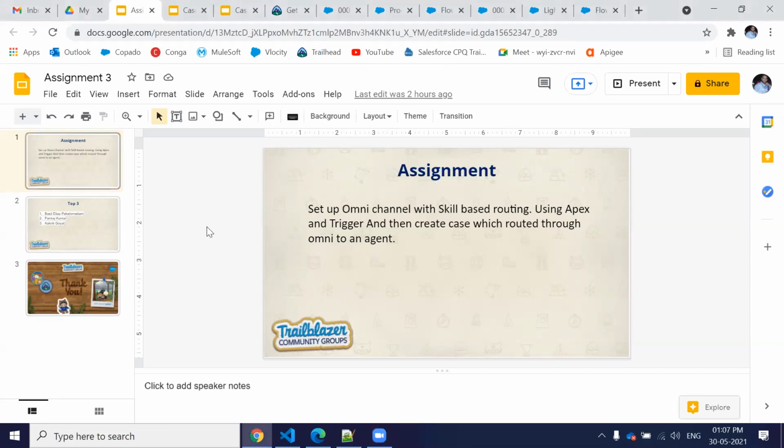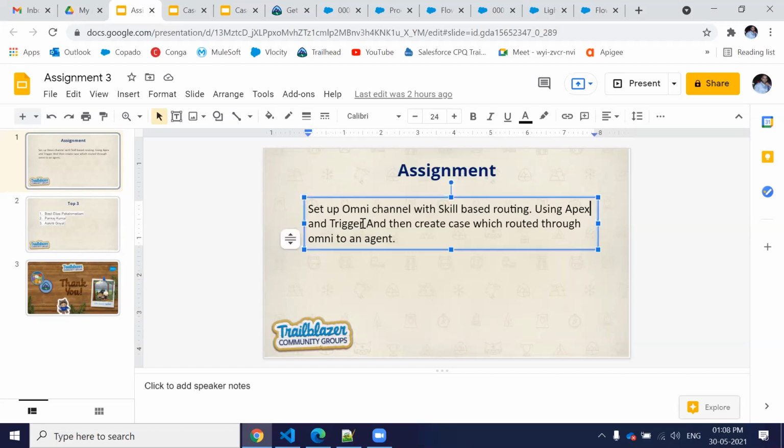Krishan, can we do the assignment using Flow instead of scripting? Yes, go ahead. You can use Flow also, if you are good with Flow, you can do that. I haven't done coding, so I'm going to write it with Flow. Thank you.